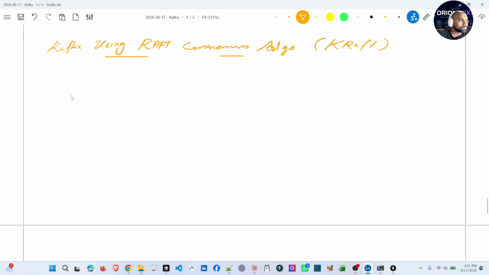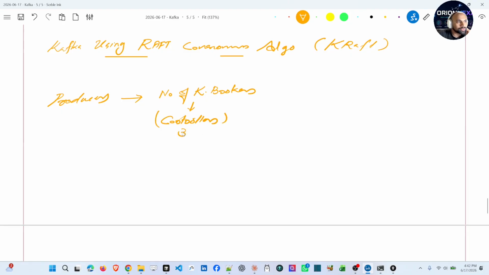Here we have producers, then a number of Kafka brokers, and inside these Kafka brokers, they select three of them as controllers.